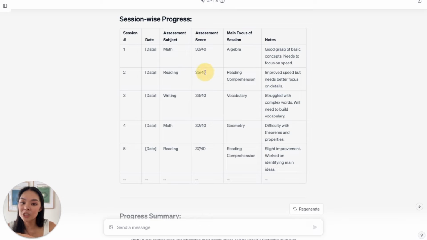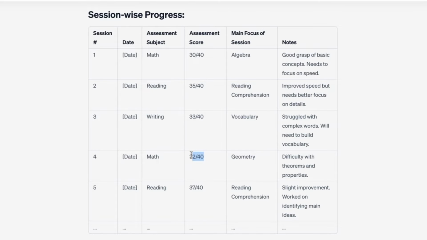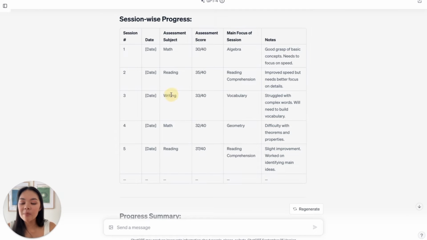session. So let's say for this session, the student did quite well, getting 35 out of 40, but the week after and the following week, they did a little bit poorly before actually improving yet again. Without extra context, we may just think that writing and math are challenging for this student, whereas reading is their strong point. However, in my notes, if I'd written something additional down, like they've got extra assessments this week, they're really stressed this week because of XYZ, or something has happened with their family, those sort of extra notes help